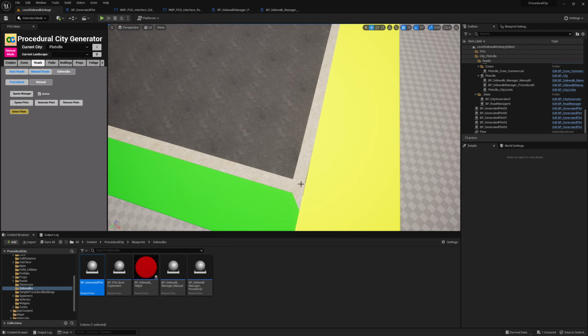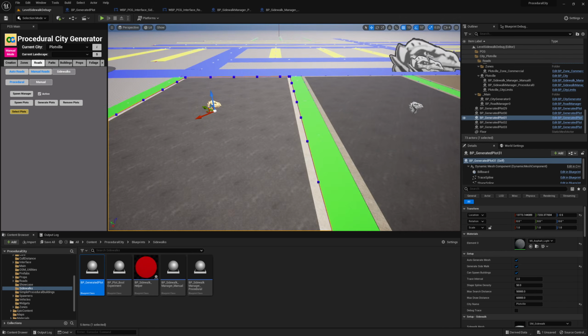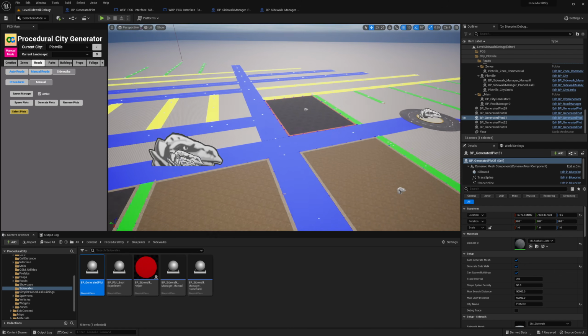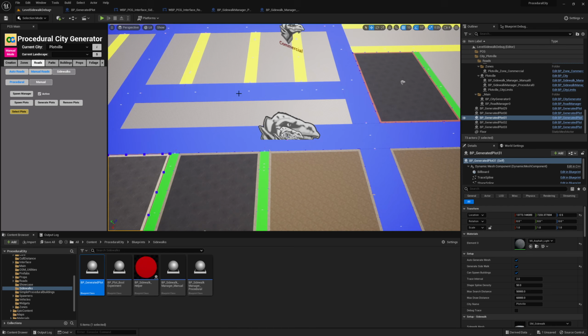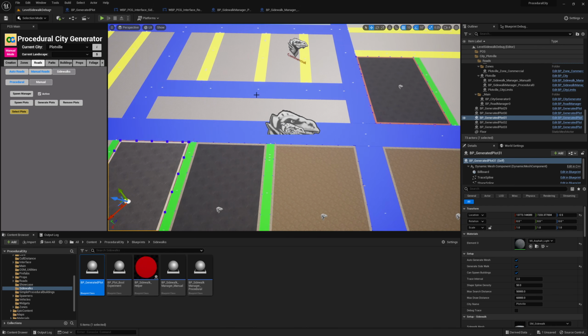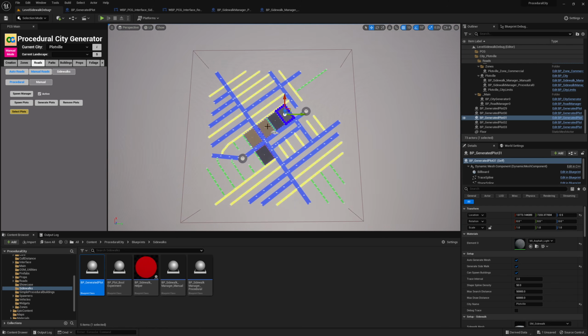Obviously, you see that I have this issue that I need to fix on the corner. But by and large, this is a pretty quick way of specifically targeting where you want these plots to be. And why would you, if you're thinking, why would I care about specific areas? The reason I did this is because you may have an area in your city, say a rural area,